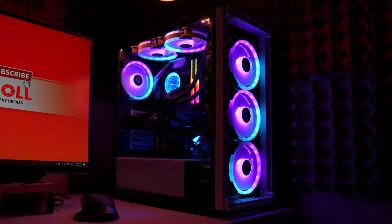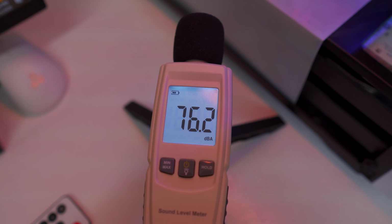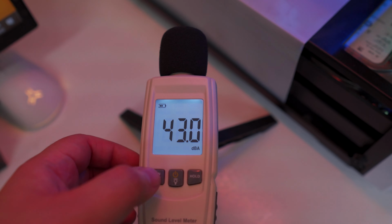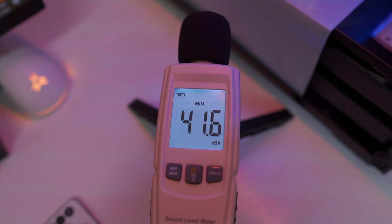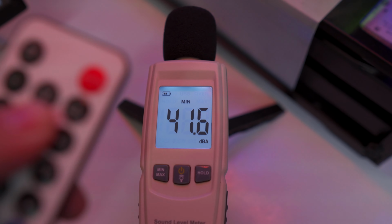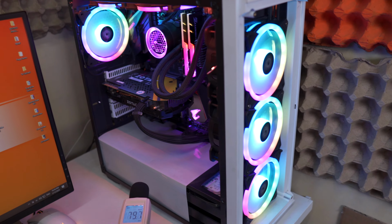And last but not the least, we have the noise levels. Alright, so let's test the noise levels of the Rakk Maris Pro inside the Rakk Hawani Flow. So the first test is using the low profile or the low RPM profile using the remote. Alright, so the next test is using the high profile or high RPM profile using the remote. So this test is with the 6 case fans installed on the Rakk Hawani Flow with the front panel and